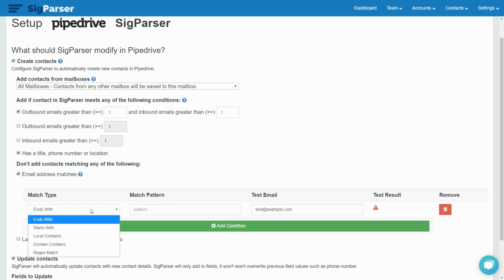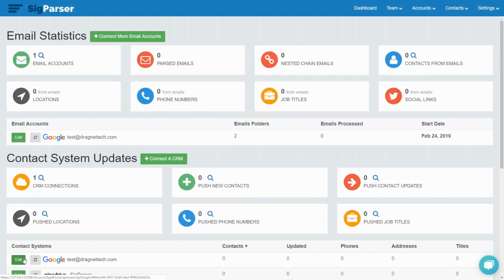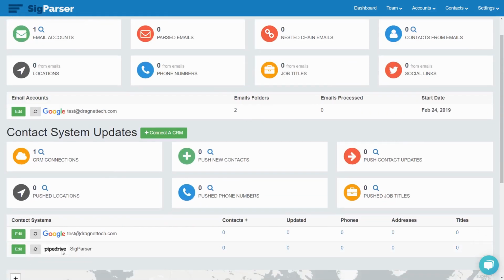You can use the email address filters to exclude certain contacts. For example, if you had some sort of system that was sending you a bunch of emails, you could set up a rule to exclude those contacts or those email addresses from making it into your CRM system. Another way you can configure this is also to set certain contacts as internal contacts. For example, if you have a third-party HR company, you might want to set those as internal contacts. You can do that from the settings at the top right and go to internal contacts. Additionally, you can say you want to exclude contacts that you haven't touched in the last 365 days, for example,